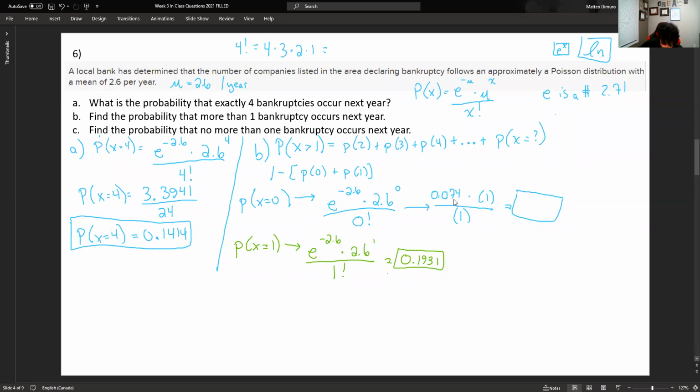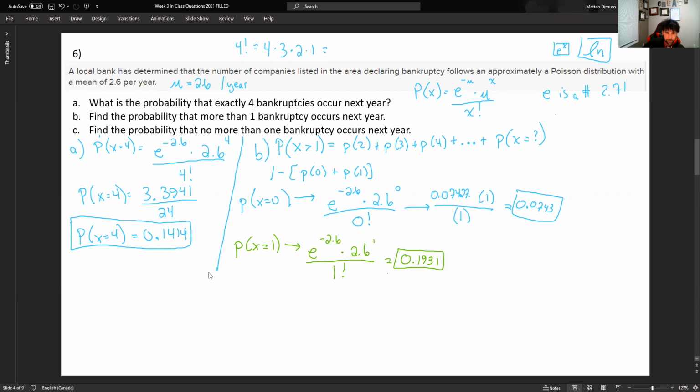Here we go. So you're going to get this number here, which I'll read out in a moment. For x equals 0 and having e to the negative 2.6, you're going to get 0.07427 times 1 divided by 1. So the answer here is 0.07427. I rounded to 3 here because I was like, well, that's 4 decimals. Okay, so there we go.